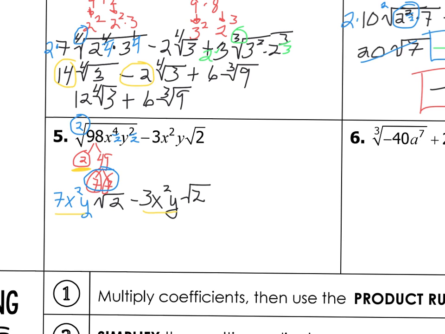Now because the coefficients have variables, they have to have the same variable string. Notice that this has x's and y's and this has x's and y's. But that's not enough. They have to have the same variables raised to the same power. So this is x squared y, x squared y, so they're alike. So all I have to do is do 7 minus 3, and that gives me